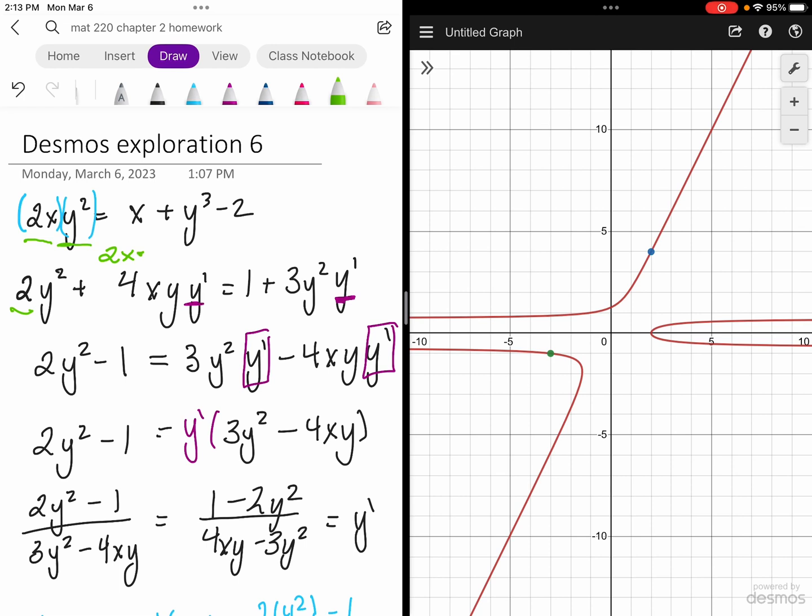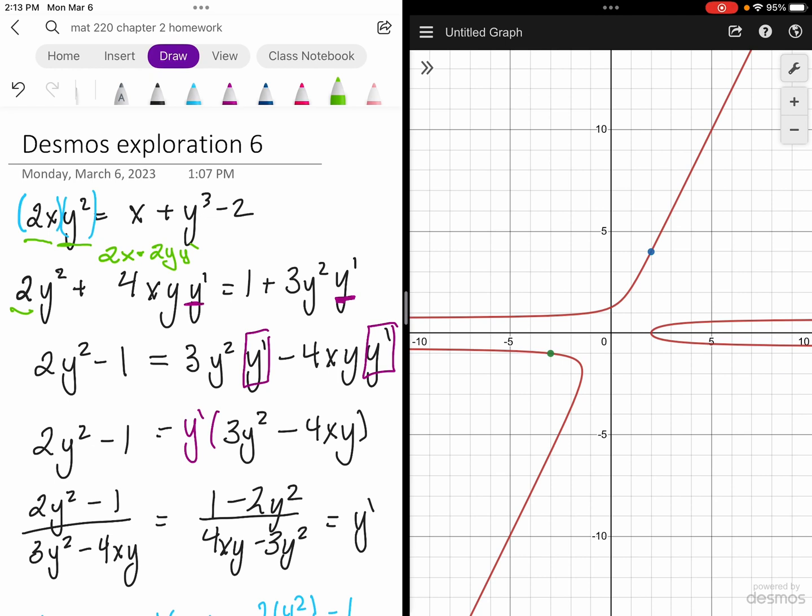2x times 2y, y prime, because whenever we take the derivative of y, we have to imagine the chain rule going on there. And that 2x times 2y, y prime can be simplified to 4xy, y prime. And then we do just straight up power rule on the other side. The derivative of x is 1, plus the derivative of y cubed, which is 3y squared, and then times y prime,